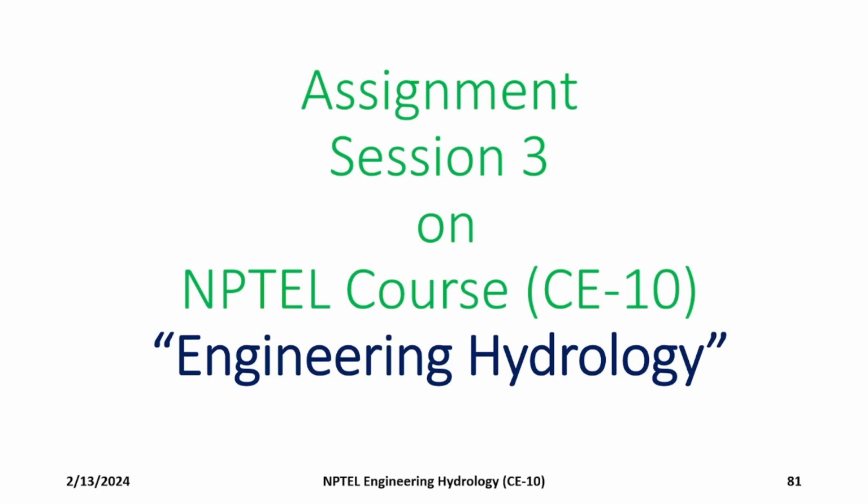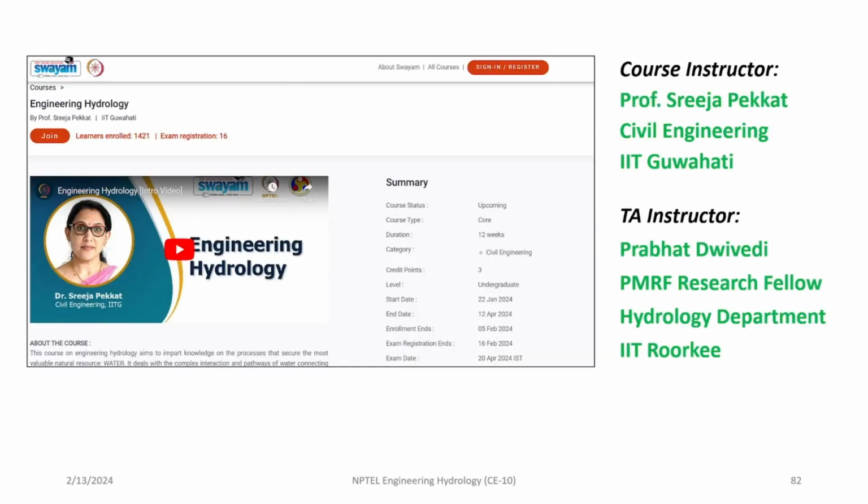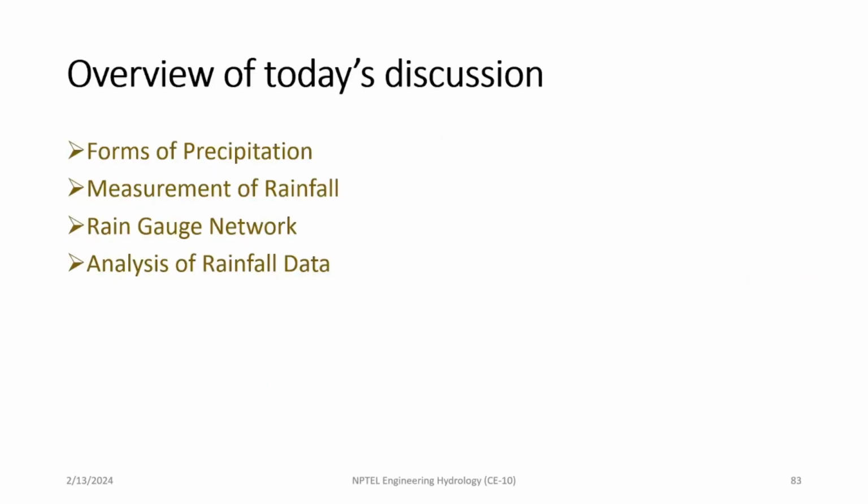So welcome to the third assignment session on NPTEL course Engineering Hydrology. So in this session we will be looking into the concepts like forms of precipitation, how many types of precipitation occur in a region, then how we can measure the rainfall,